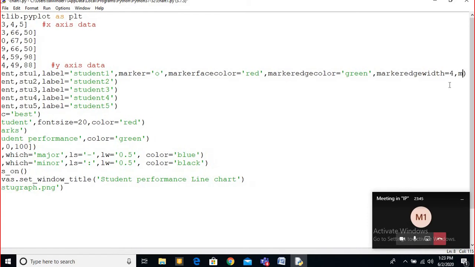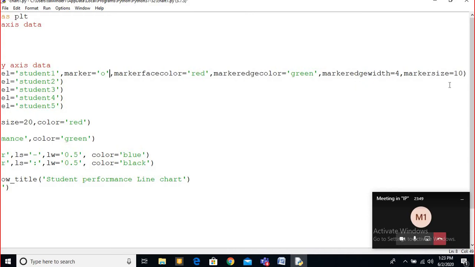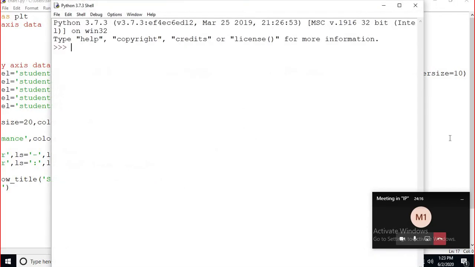So next, these two I am adding here now. That is marker edge width. That means by default you want to take the width 2 pixels, 4 pixels or more than that. So I am just using 4 pixels here. Then there is marker size. Marker size means this is also a pixel value, how thick or thin you want. I kept the marker size 10. Then marker edge width is 4. Let me show you the output.